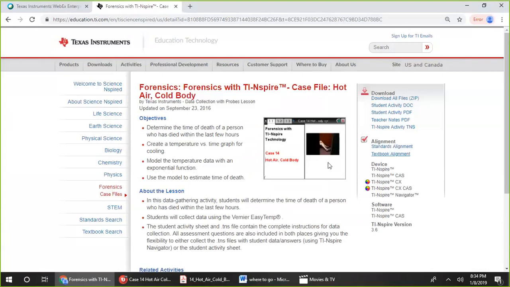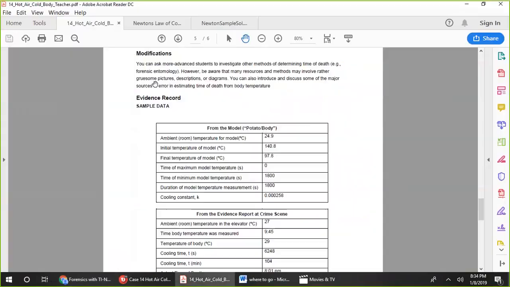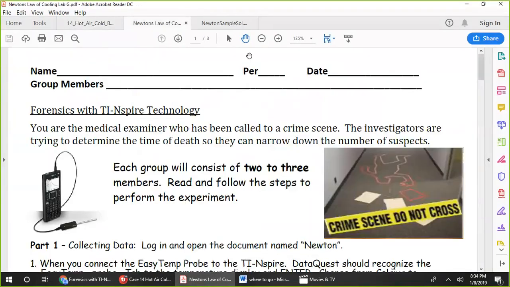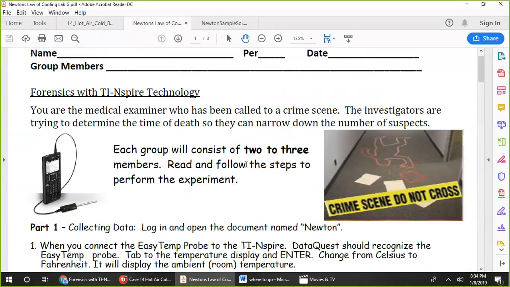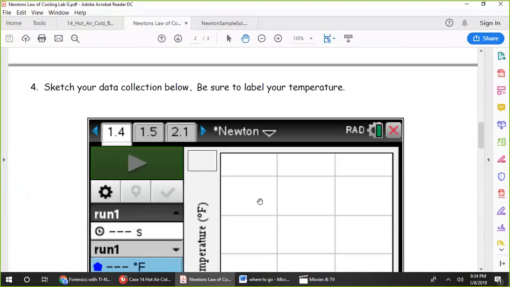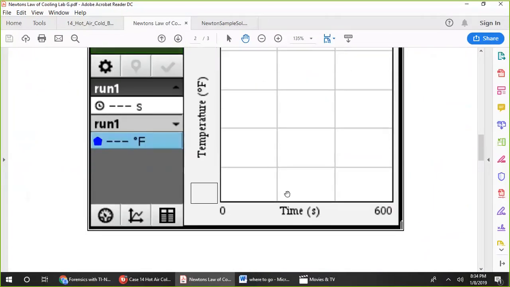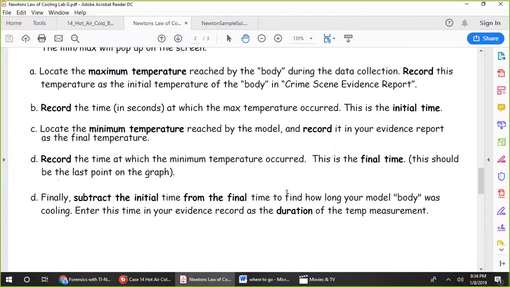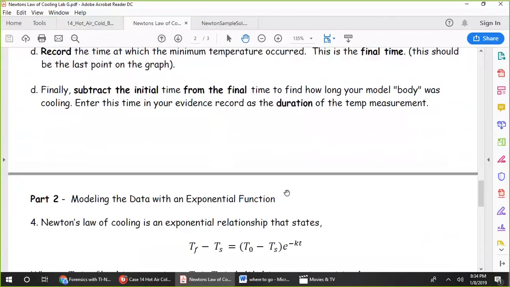I'm going to do a modified version of hot air, cold body from my math class. So students will apply their knowledge of an exponential function to a contextual situation, represent the situation graphically, and solve the exponential model using logarithms. I do use this in my class in lieu of the traditional lesson on solving the exponential, using Newton's law of cooling formula as the model.